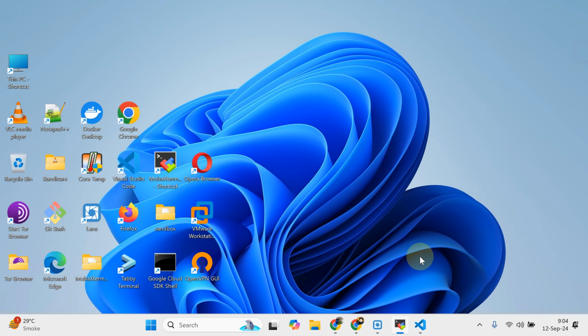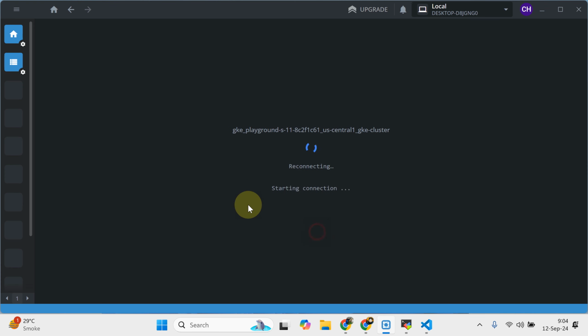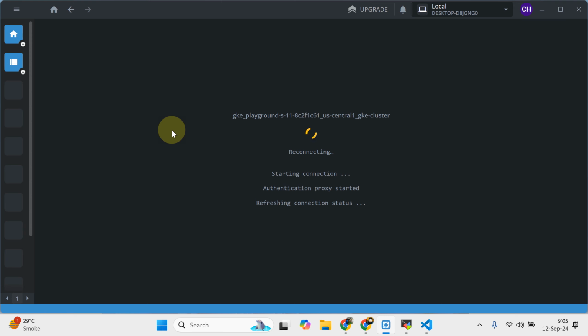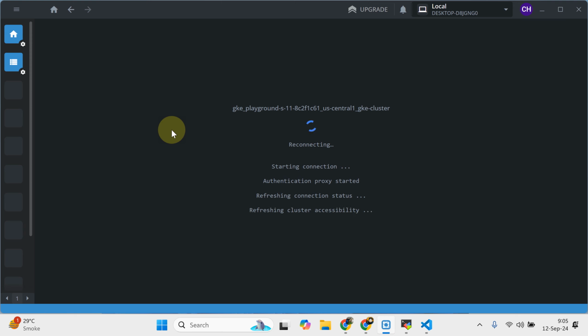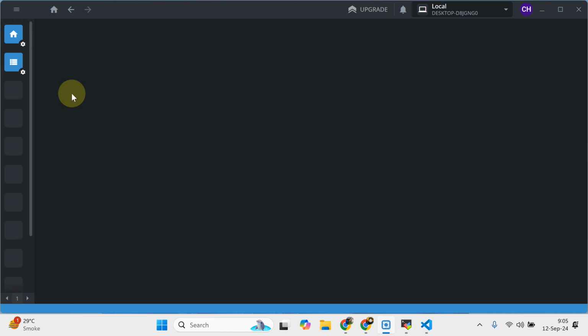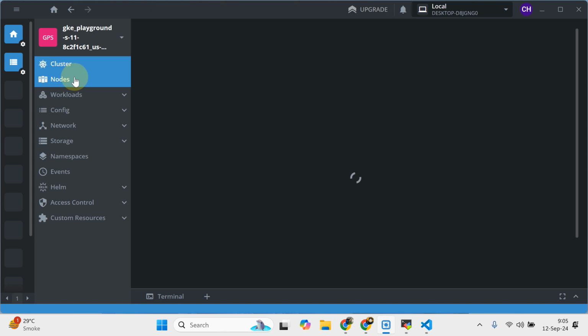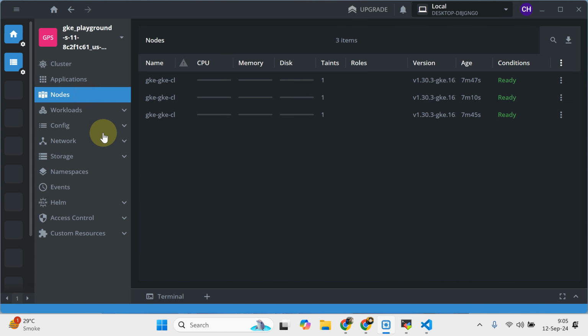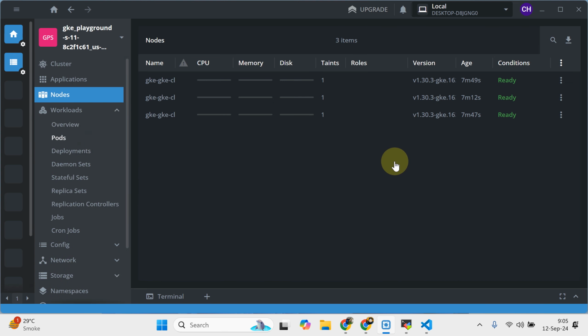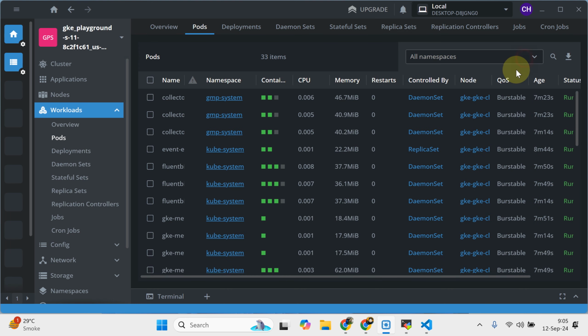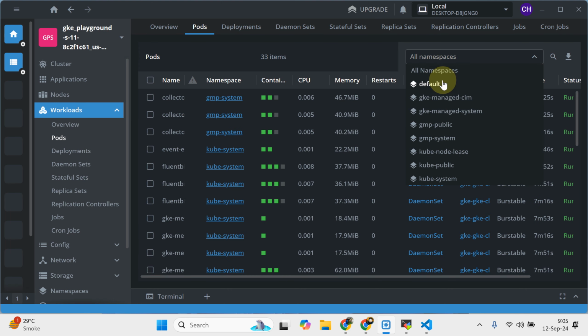So let's try to reconnect with this cluster, right? I'm able to access this cluster, guys, and we do have our nodes available, and these are the pods. So we are currently